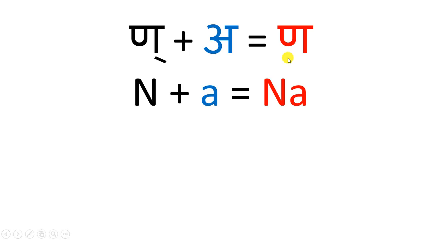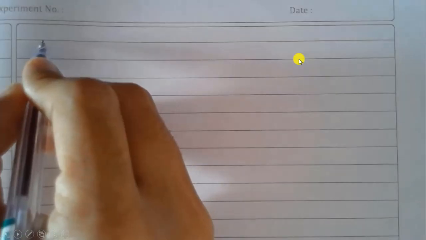And you get this sound when you add N to A. N plus A equal to N. And you don't have to remember this too, because it is difficult to pronounce the half consonants. You just have to remember this. There are no examples in English which I can give you because there is no usage in English. The usage of this will be only in Hindi and other regional Indian languages. So let us see how to write it.